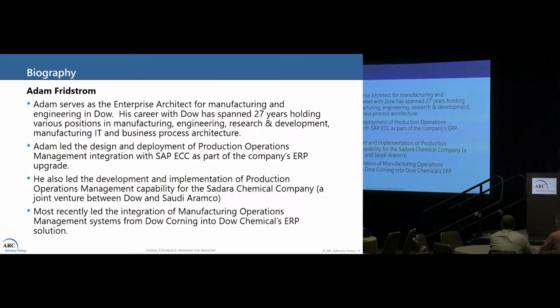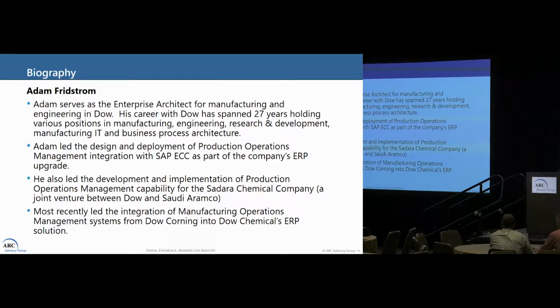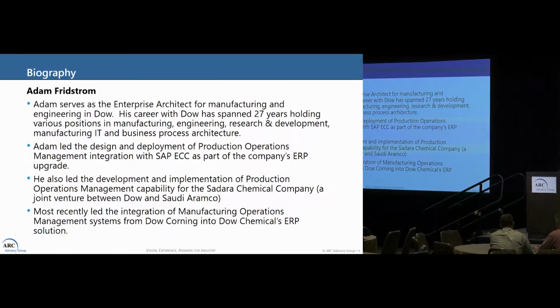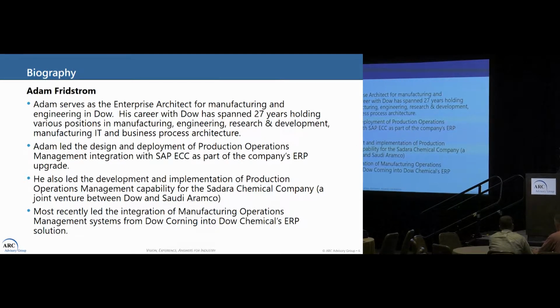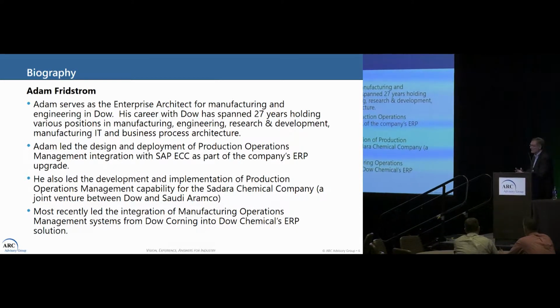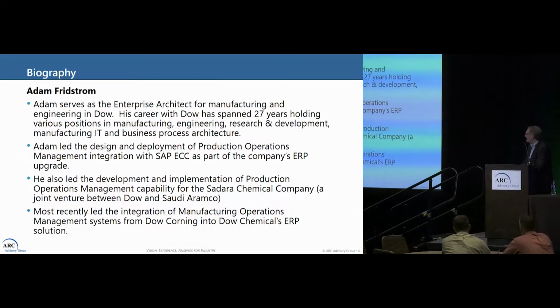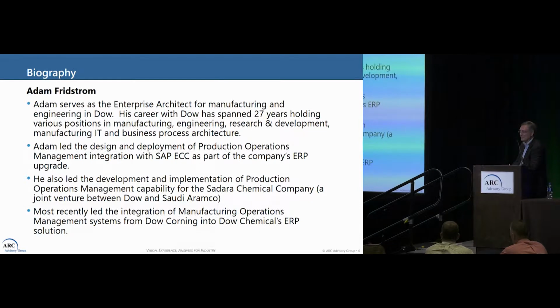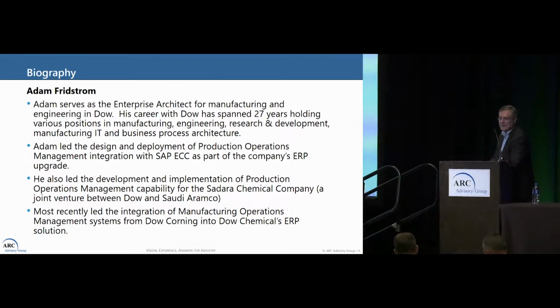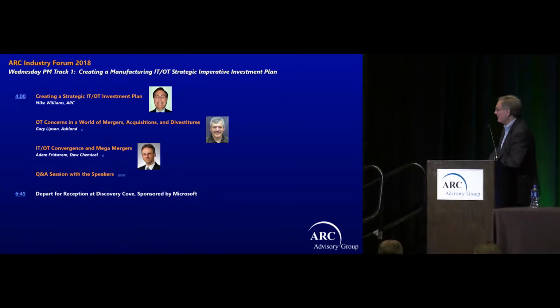Now, obviously, using the words Dow DuPont, Dow has gone through some, not as many mergers and acquisitions as Ashland did, but they've been mega mergers. And the complexity, now you're going to look at the complexity based on size versus quantity. Okay, so I'd like to invite Adam up here, and let's look at the problem from the IT looking down. Okay, Adam Fridstrom.